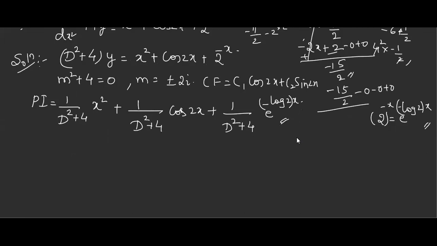Let me just take that. What do I have to take as the divisor? D square plus 4 or 4 plus d square? 4 plus d square. First the constant will come, and then there is one term, so no worries. Now below x square, what do we want? We want an x square. So in the first term we don't have an x square, so take x square. The extra thing, 4, we don't want, so divide. So the first term is x square by 4. Isn't it, x square by 4 into 4 is x square only?